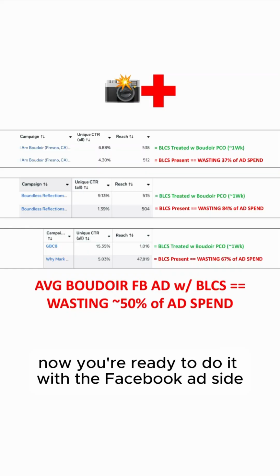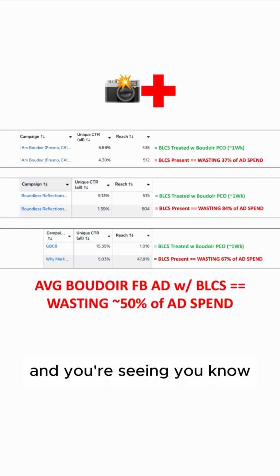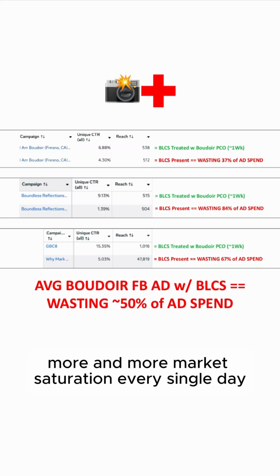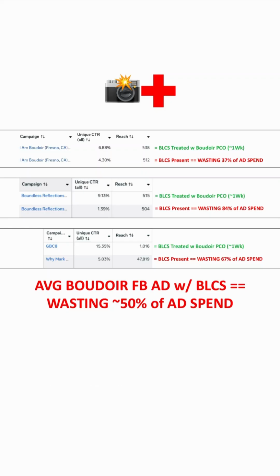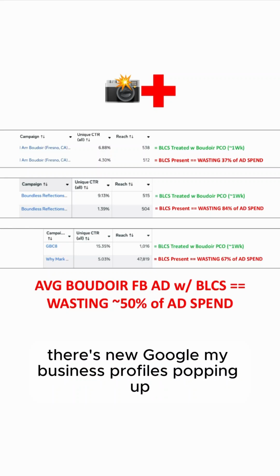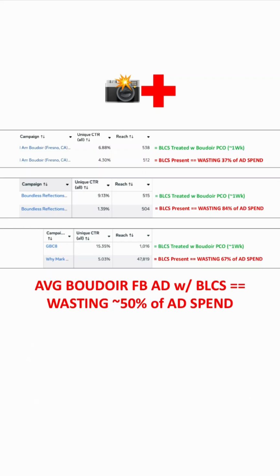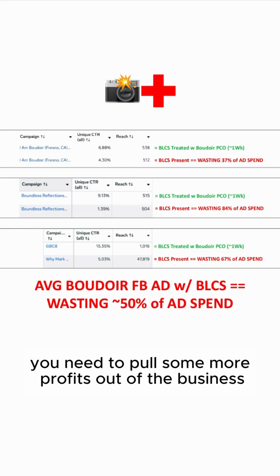Now you're ready to do it with the Facebook ad part of the business, and you're seeing more and more market saturation every single day. Anytime someone gets a new iPhone or new camera, there's new Google My Business profiles popping up. More boudoir photographers entering the market every day, and there's more inflation in life. So you need to pull some more profits out of the business,